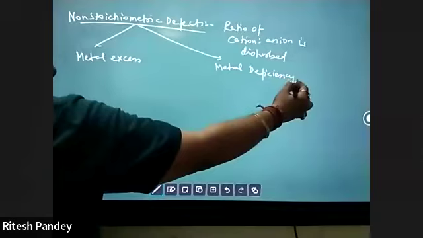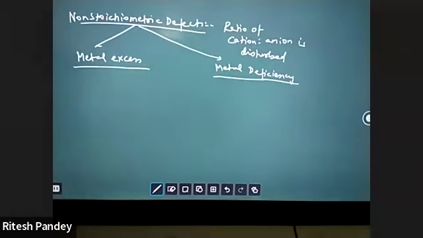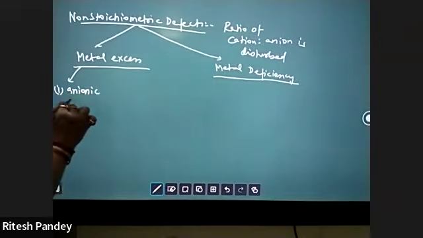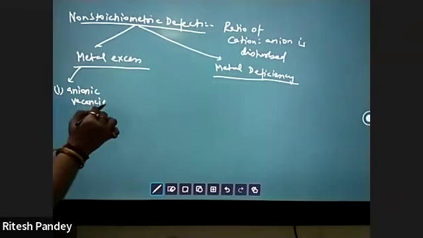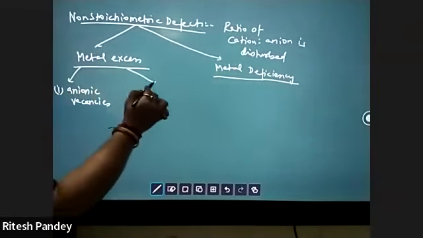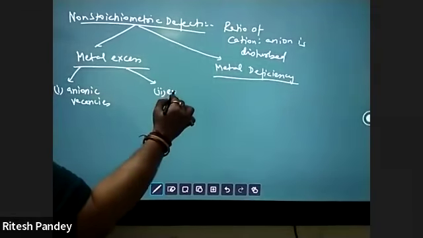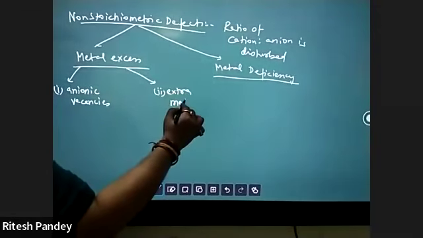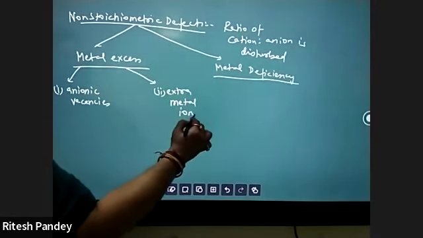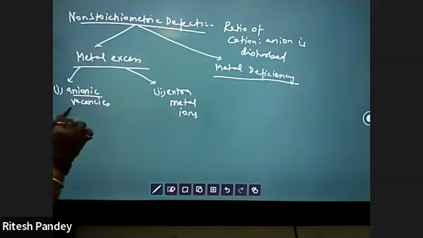Metal is certainly the cationic part of the salt. Metal excess is again either due to anionic vacancies or due to extra metal ions. Now, anionic vacancies will be when the anions